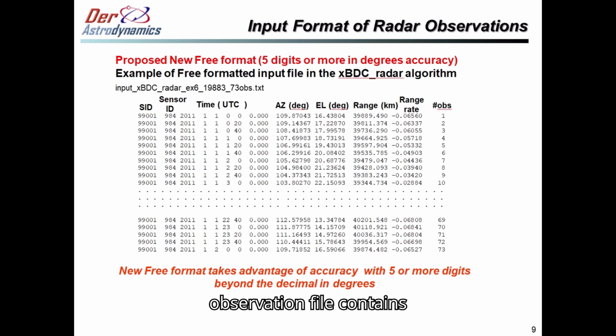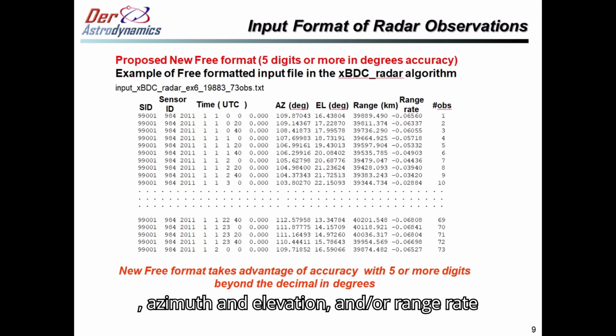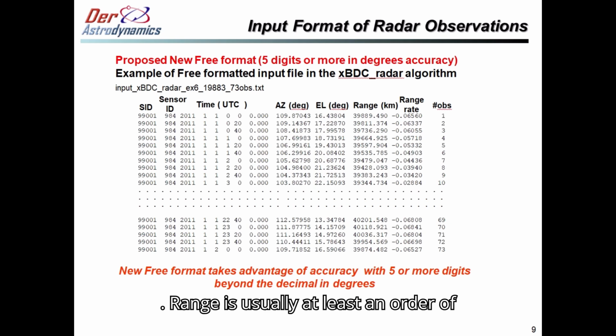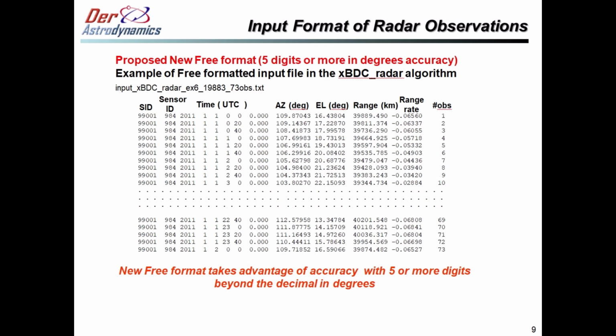A radar observation file contains satellite ID, sensor ID, time, range, azimuth, and elevation, and/or range rate. Range is usually at least an order of magnitude more accurate than the angles. That is, if the range error of a radar observation is 10 meters, then azimuth and elevation errors are about 100